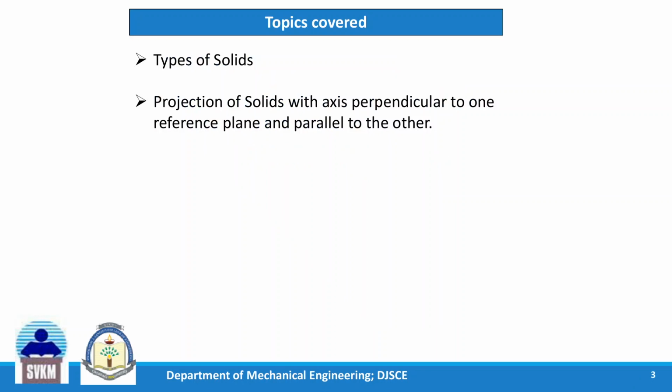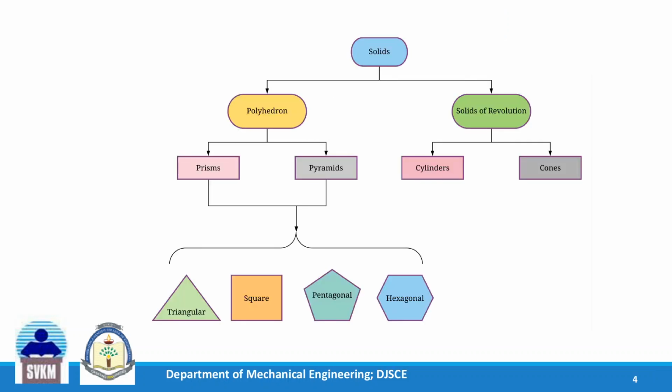Topics we are going to cover today: types of solids and projection of solids with axis perpendicular to one reference plane and parallel to the other. Solids are three-dimensional entities. As such, minimum 2 orthographic views are required to represent the solids. Solids can be categorized into 2 classes: